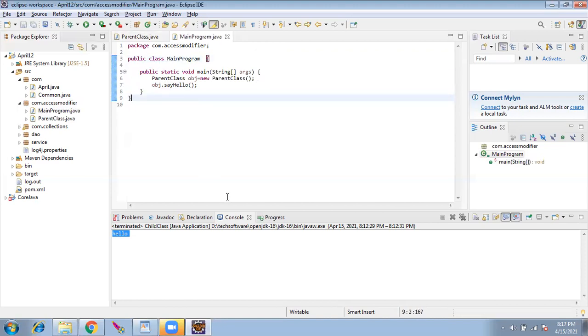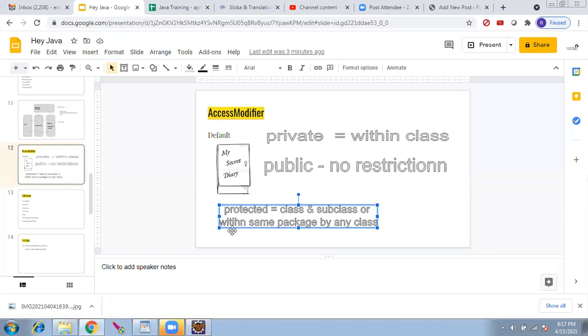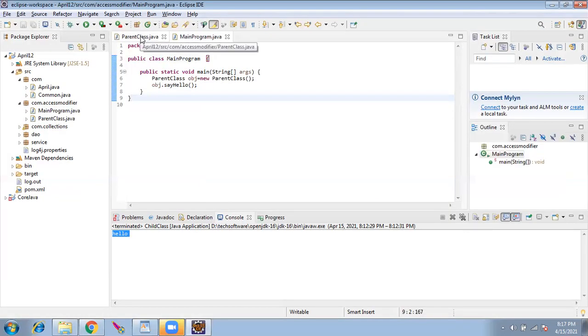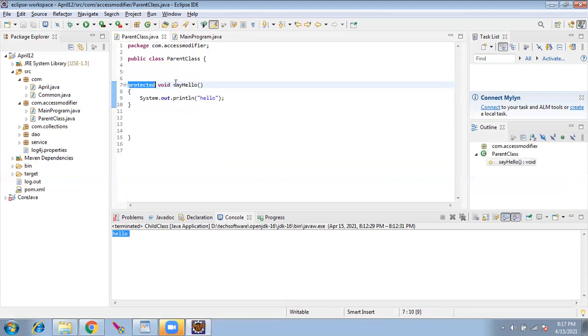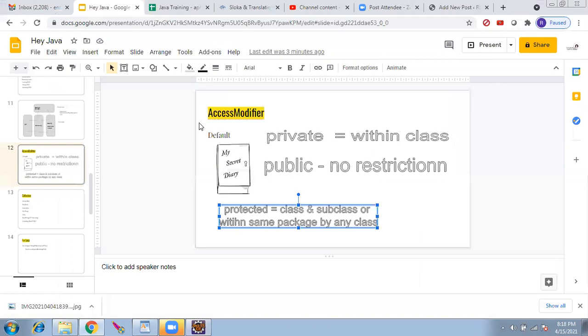So where do we use this access modifier is, suppose you are writing one class, you are writing some logic. You don't want an outsider to access the logic. You don't want them to see the methods, or you are creating one internal variable. You don't want any outsider to use that variable. In that case, you will make it private. If you want it only to be used in the subclasses, you will make it protected. So these are some applications. When writing web applications, we will be using these logics.